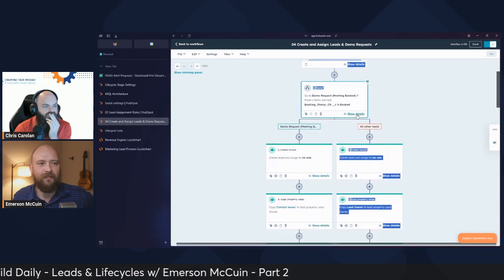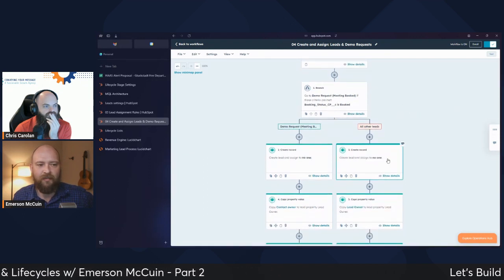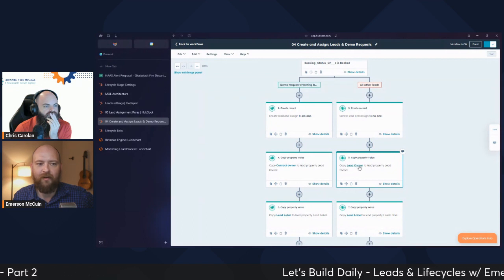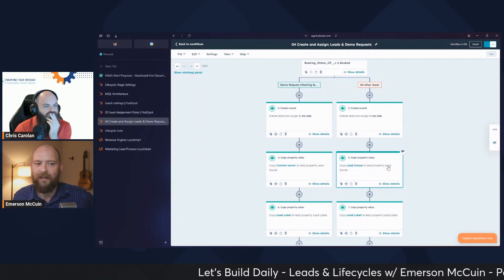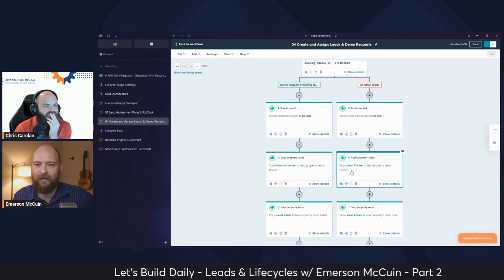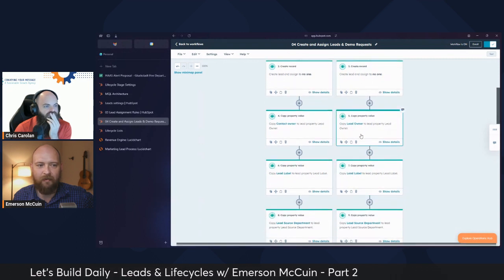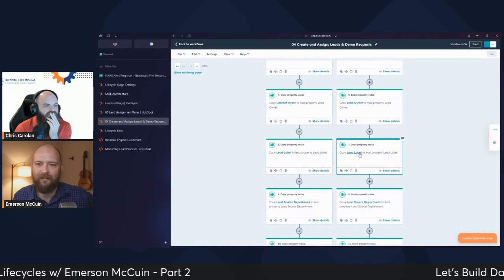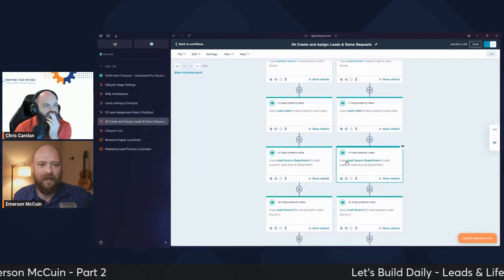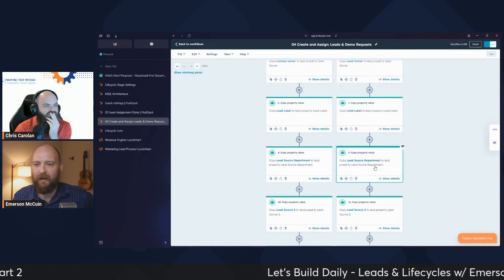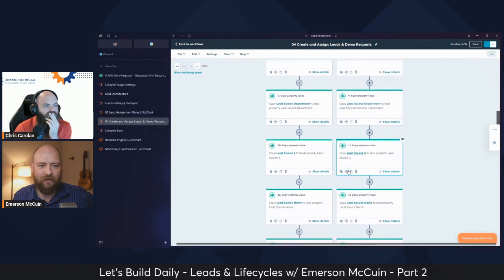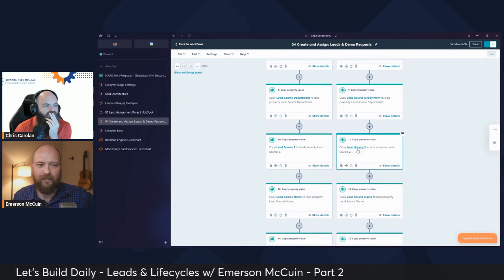And here's what happens. A lead gets created, assigned to no one. It takes the lead owner property from the contact record and sets the lead owner as that, copies it over, copies the lead label over, right? Is this a hot lead, a warm lead? It copies the lead source department, which would be marketing in most cases, over to the lead record. It copies over where this lead source came from.